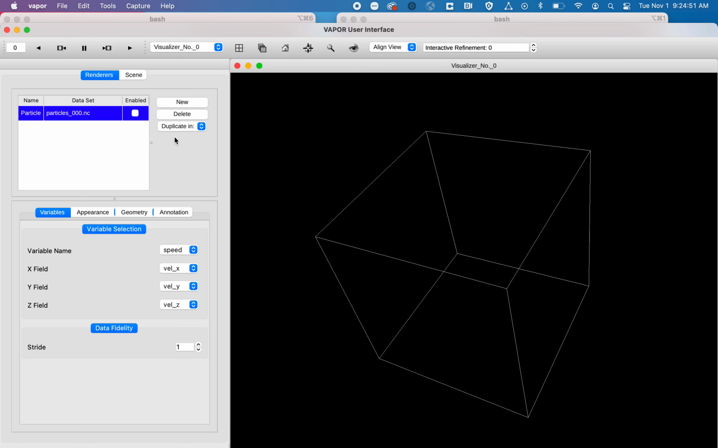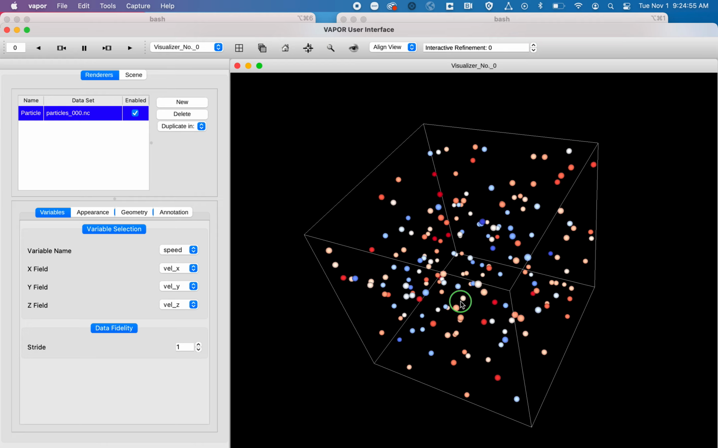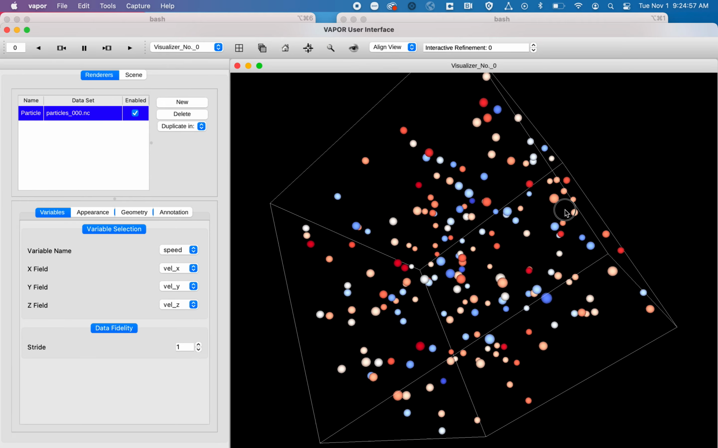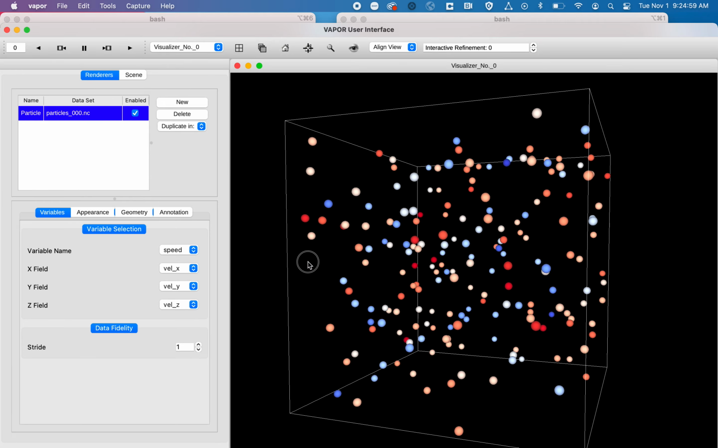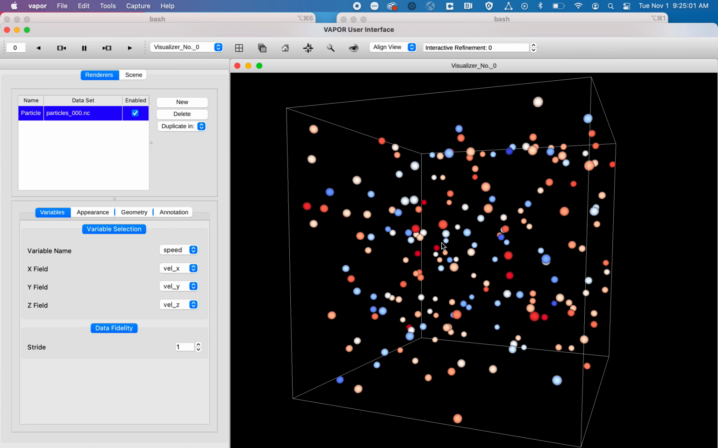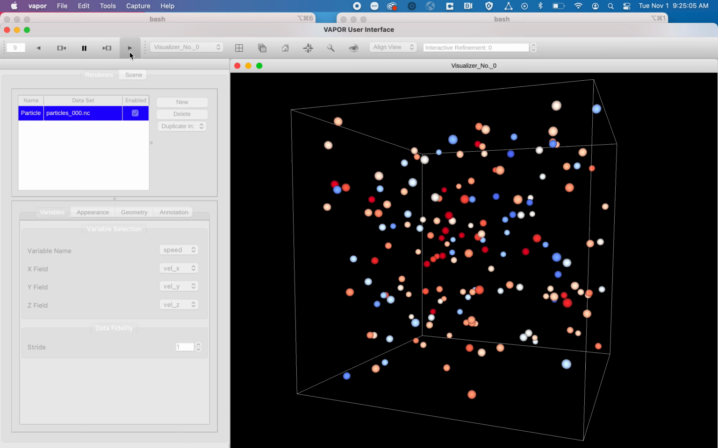So I'll click OK on that. And the first thing I'll do is just go ahead and enable it. And here we can see our glyphs representing the position of each particle in the DCP dataset. I can play it forward in time, so if I click on this play button, you can see that they